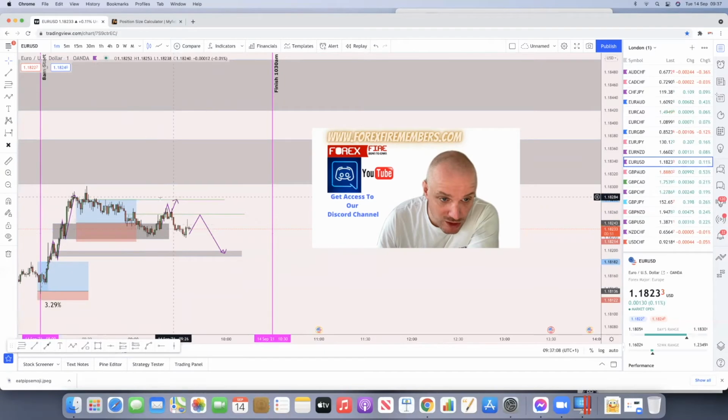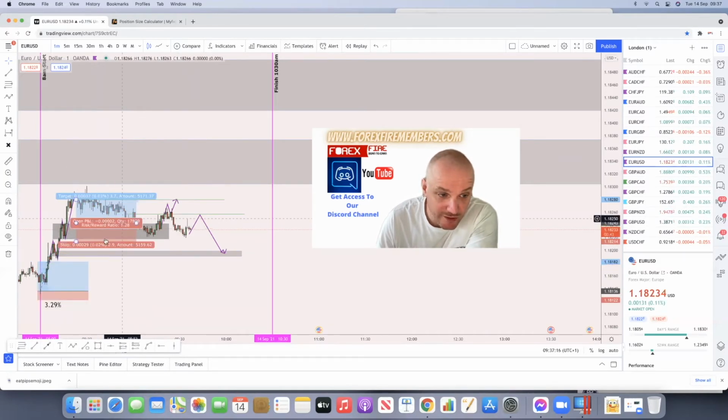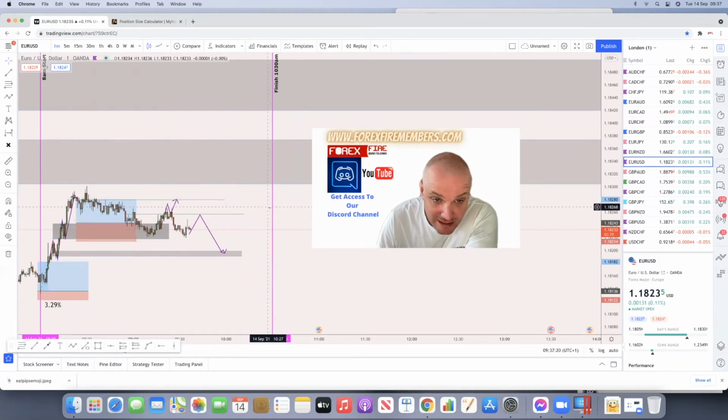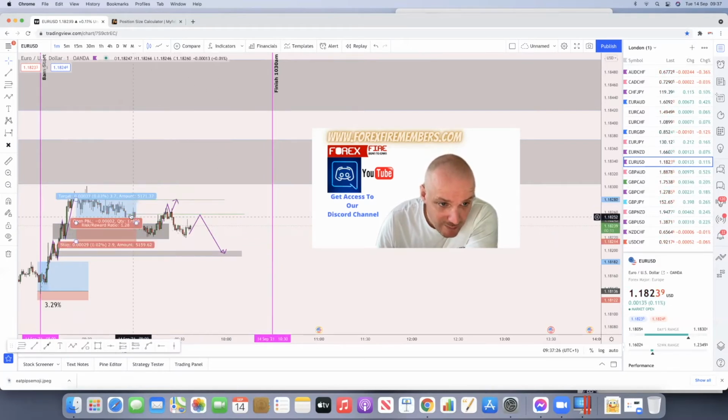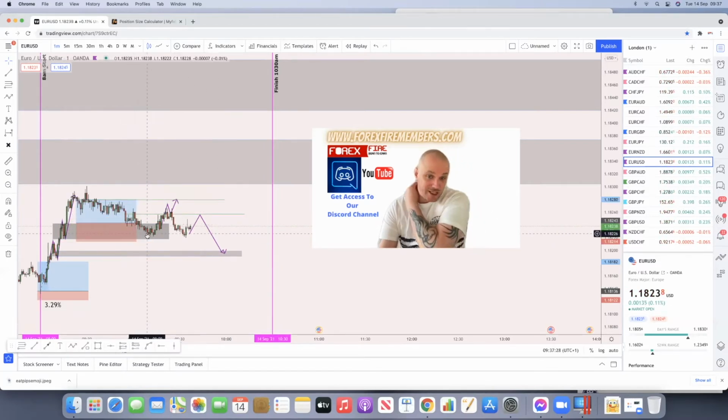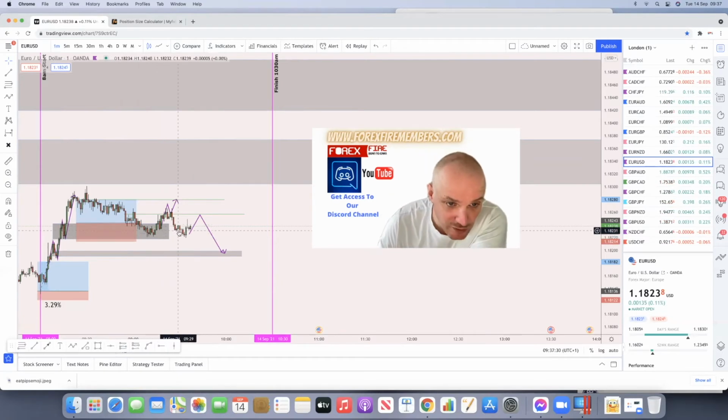Hopefully this will still hold structure and we may get a push out. I'll be more than happy for these two trades to be the only trades that give us the growth today if it was to hold structure, even if it gives us the TP here or just after. But based upon what's happening at the moment, what I can see on the candle formations, if we do get a rejection, we may get one more retest on here and then a push down,